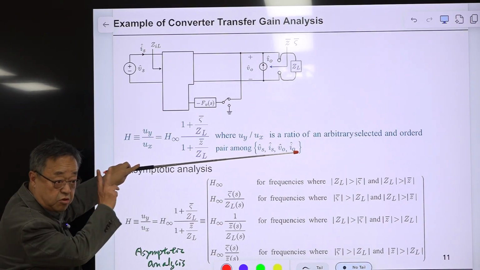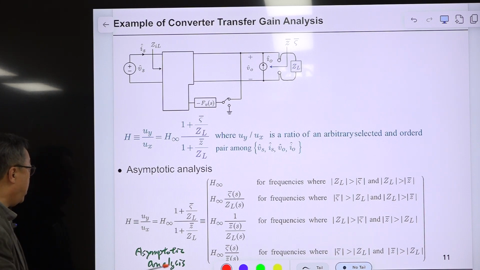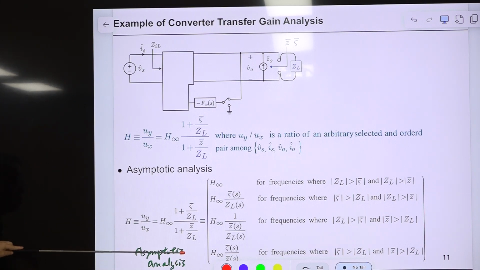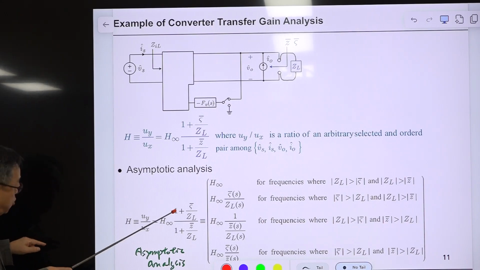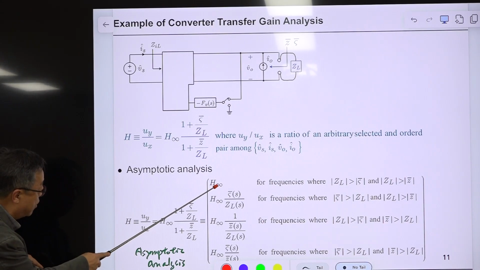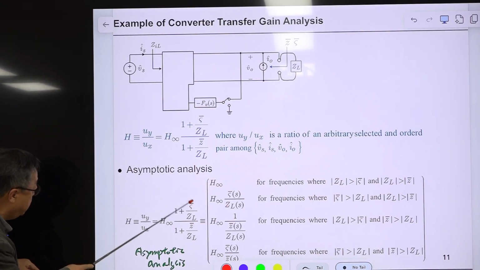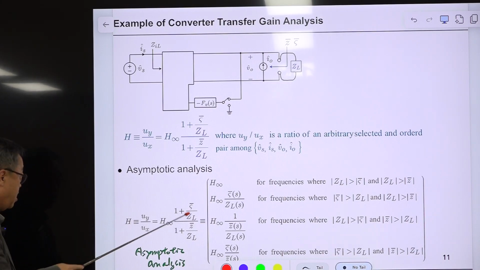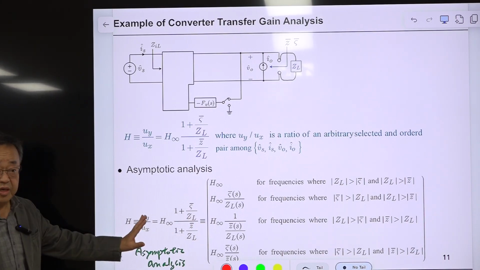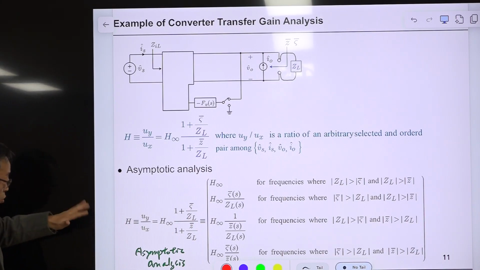Okay, so this is the two-port network, and the general expression is this. All right. So there is one and this one, and one and this one. So select this one and this one. Ignore this. This is one case. And select one, select this, another case. Select one, select this, another case. Select one and this one, another case. Okay? So we are only dealing with these four different cases.